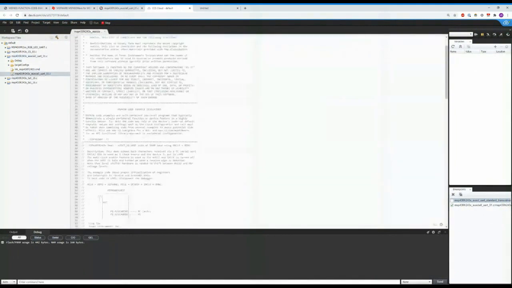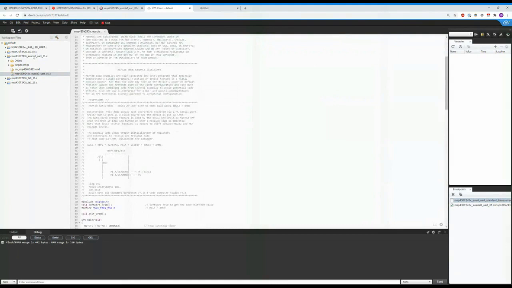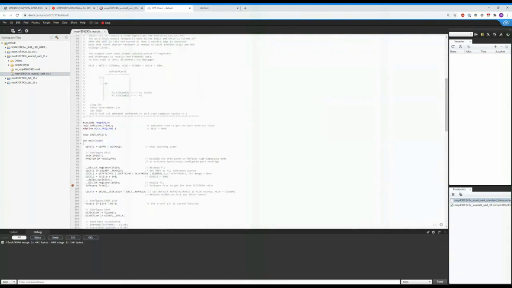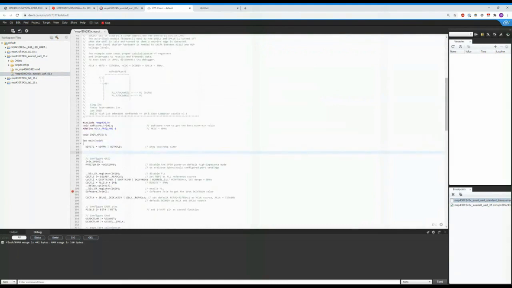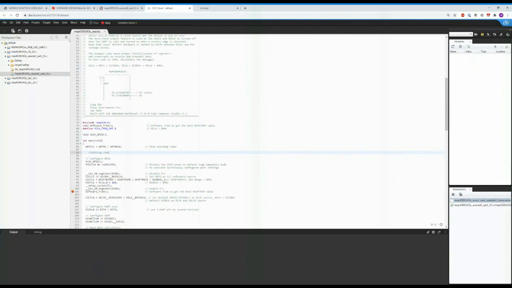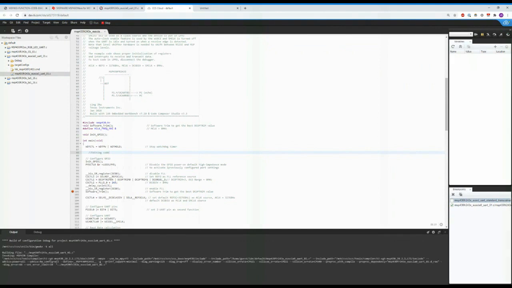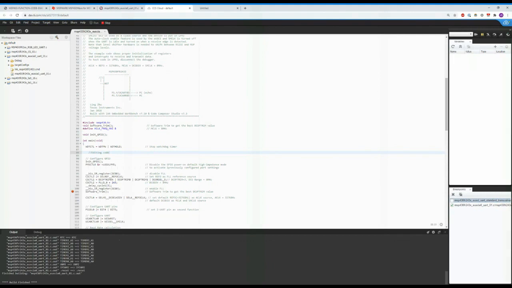Here I can open up the projects, open up the code, and I can start editing my code and doing all my development right here. This has full capabilities to build the project. So we click this little hammer. It's going to compile all the code and make sure that there are no errors. All right, looks like we're good.